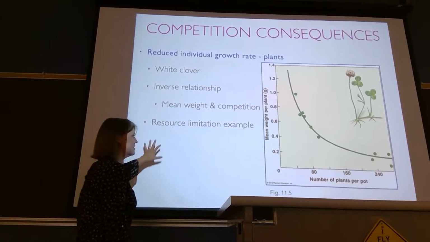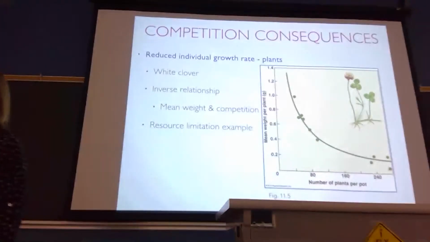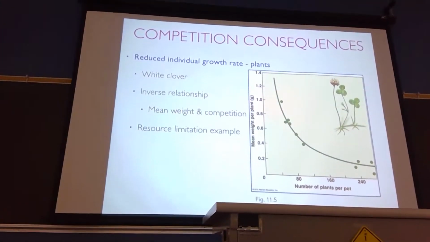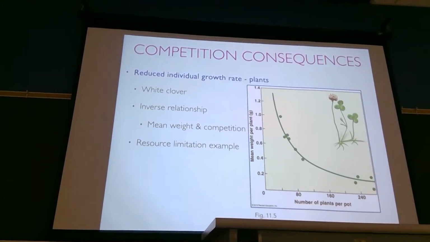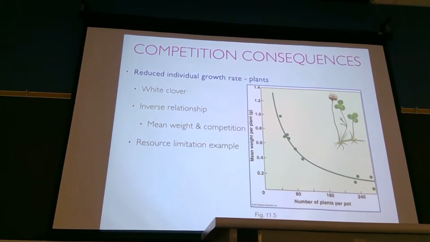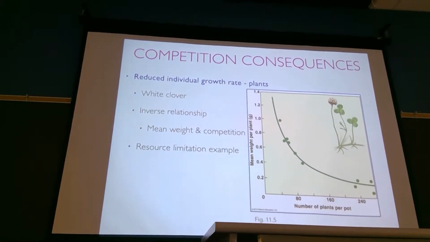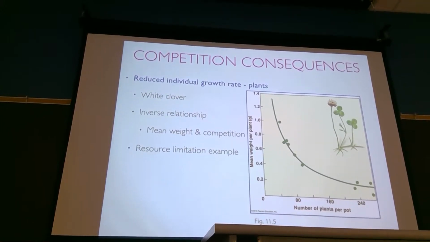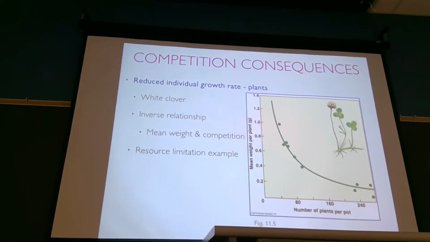What happens in this case is definitely an example of resource limitation. There's a limited amount of nutrients in water per plot. There's a limited amount of sunlight that you can gain access to. The more of you there are competing for that sunlight and nutrients and water, the less you will get individually. The less that you get for those basic resources, the less you can grow. And that's exactly what we see in plants. It follows through with most types of organisms that increased density leads to lower individual growth. You may have a lot of them, but they are smaller than they would be at a given age in a lower density situation.